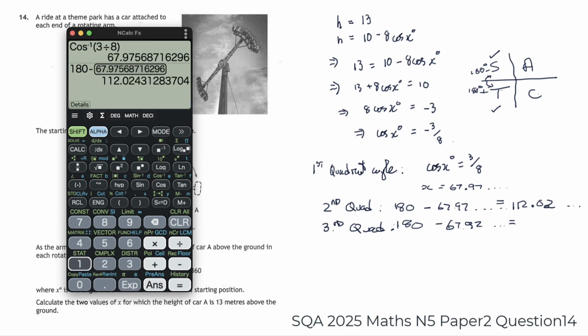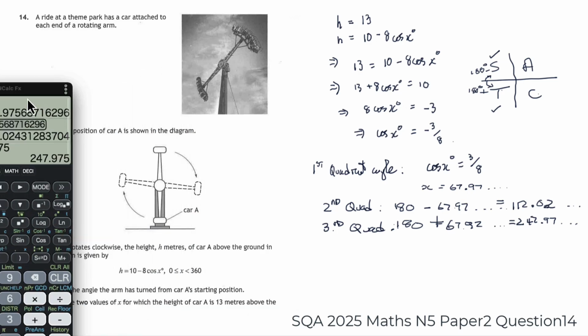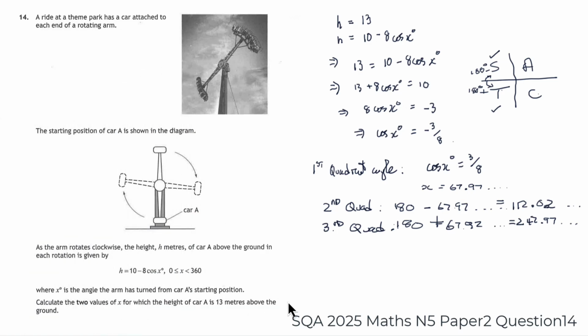So it's 180, sorry, it's plus, this time plus the 67.975 and so on. We don't need to put the whole thing on because we'll be rounding it off. So we get 247.97 and so on. So the question asks us, calculate the two values of x for which the height is